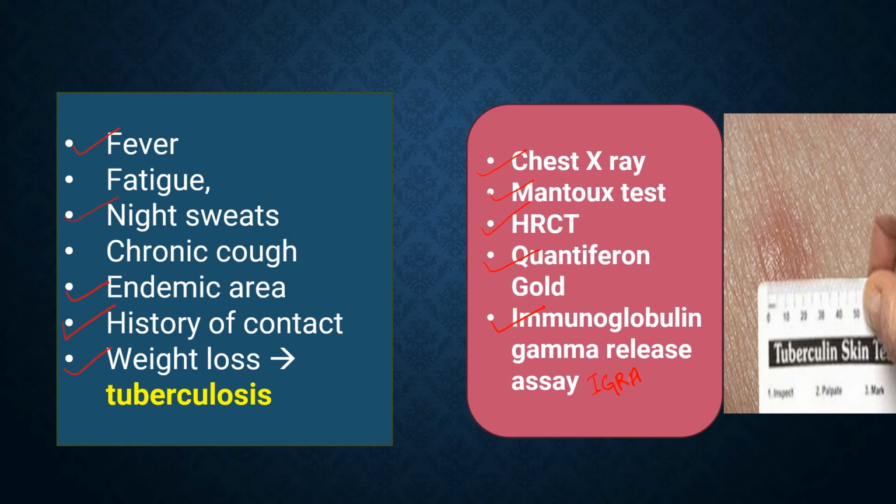Now, the more specific and sensitive tests over here are the QuantiFERON Gold and the interferon gamma release assay. So if the suspicion of tuberculosis is really high based on the symptoms and the signs that you find on examination of your patient, it is advised that you go ahead and do these better tests